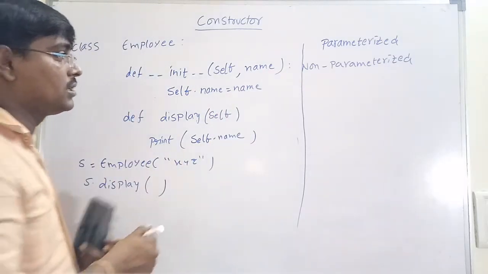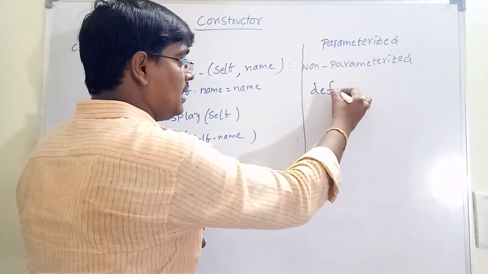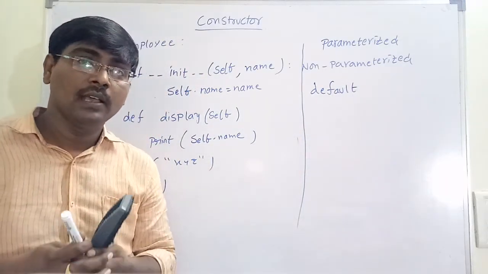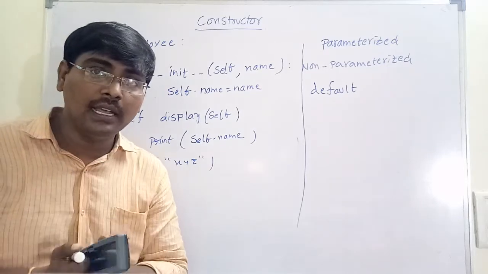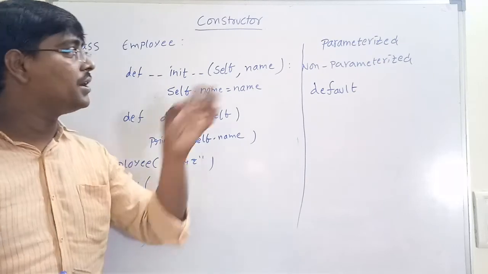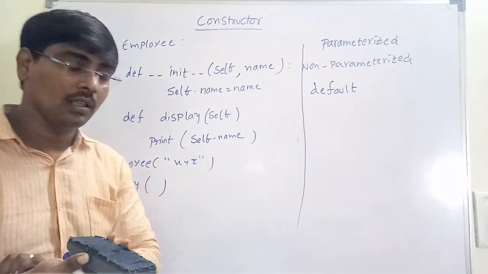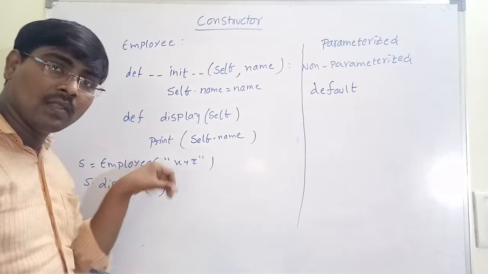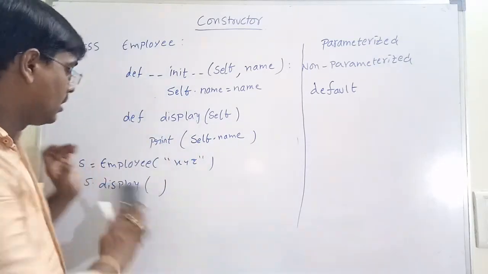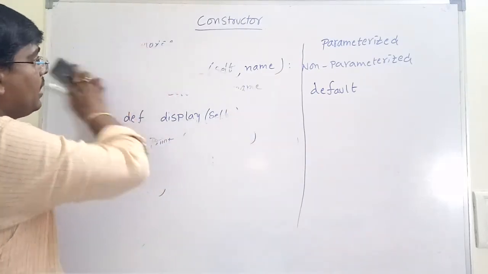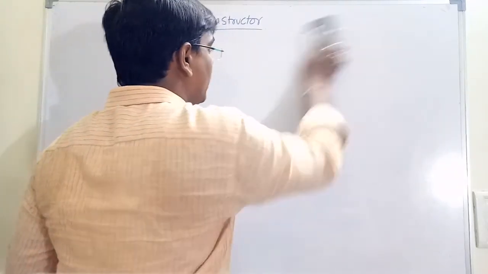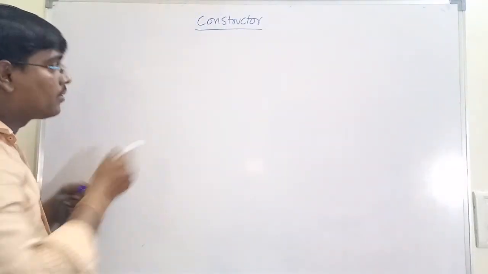And we have one more constructor, that is the default constructor. That means we are not specifying any constructor. If you are not writing any constructor inside the class, the default constructor is called automatically. Whenever we are creating an object, the default constructor is called automatically. Okay. Now, can we have any number of constructors in a single program? It allows any number of constructors.